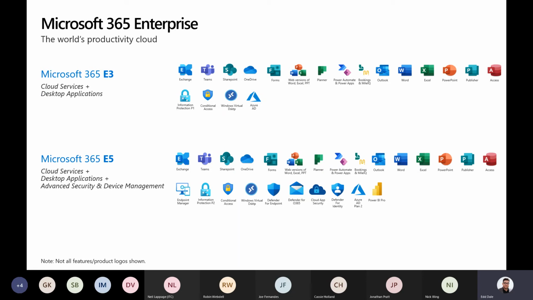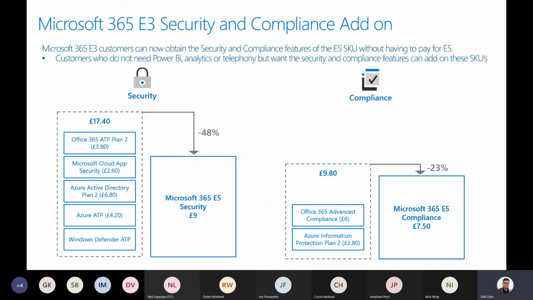Now, for some of you and for some of your customers, this will be too much of a jump. Going from E3 to E5, 20 quid. They might love all the features that E5 has, but it's just too expensive. And I appreciate that. 20 quid is a lot of money. So there is an alternative, which I just want to put to you. If customers are struggling with going from E3 to E5, the other option is we can sell